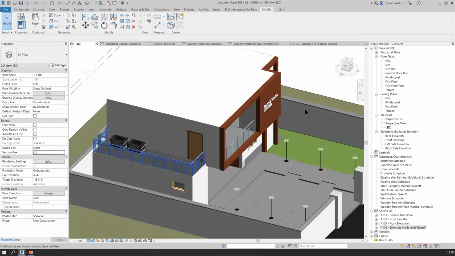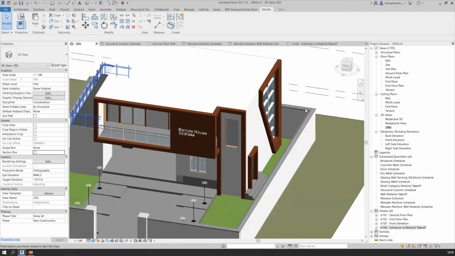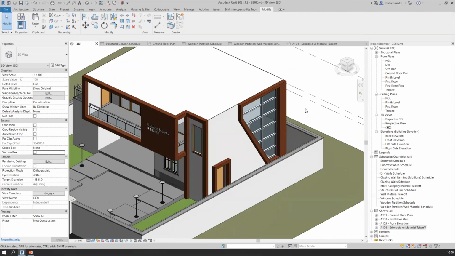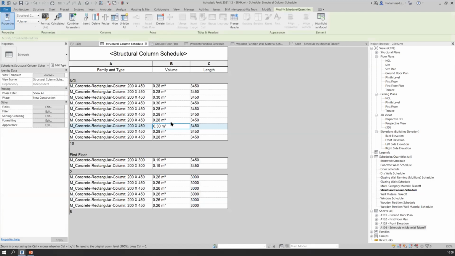When the concrete of a floor, beam, and column overlaps, we remove some of the volume from one of the components, so that double counting of the material does not take place. So this is one of the reasons that in a few places these quantities have different values. I hope this answers the question.